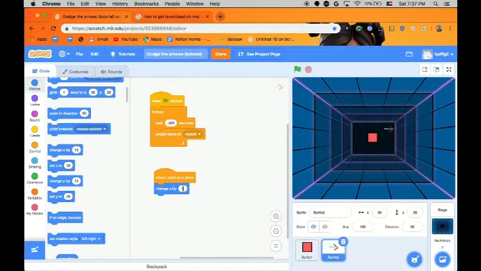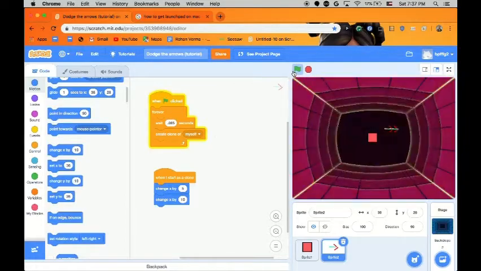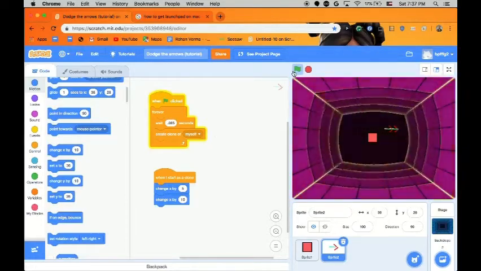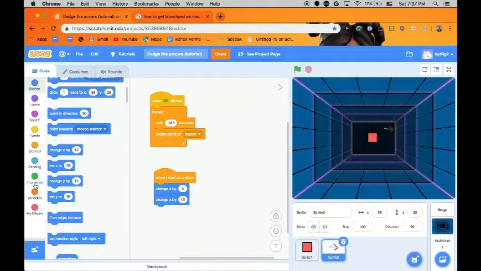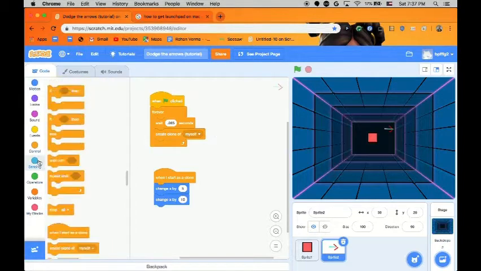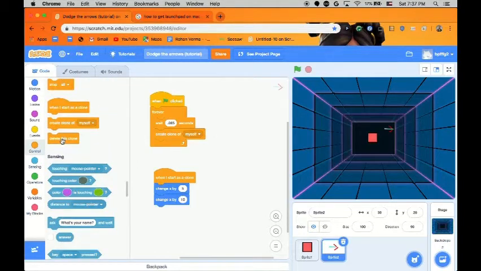Change X by 5 and change X by 10. I just want to see what this looks like, guys, just to make sure it's a good time. Let me say, then, this is fine enough. I hope it's a good time. I'm gonna do 0.1 for this. Hope it works. When I start as clone, we're just gonna say go to